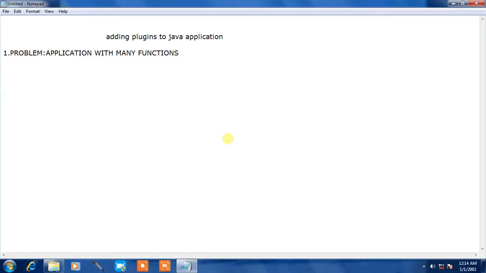Then what is the problem? The problem is, a user wants to do something which is not included in the application.